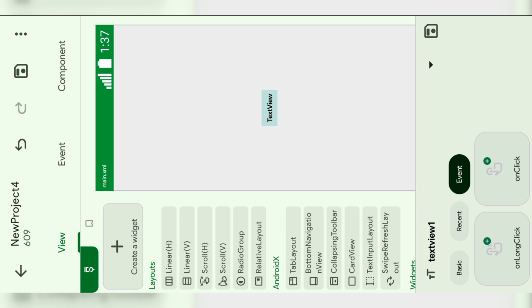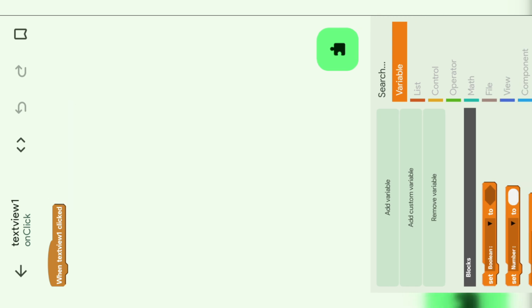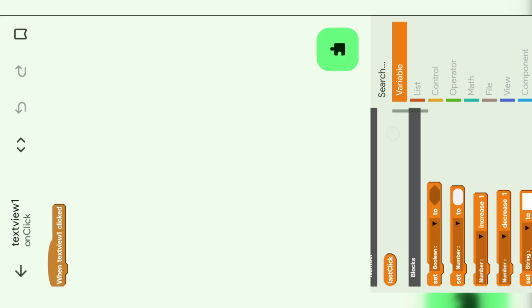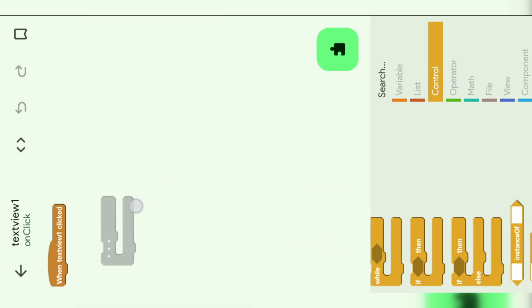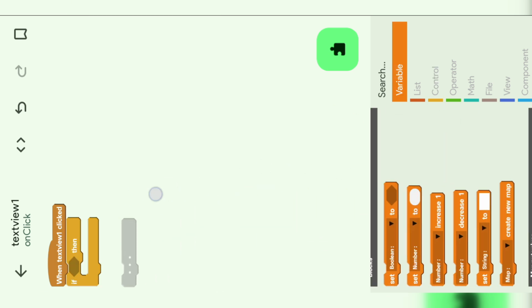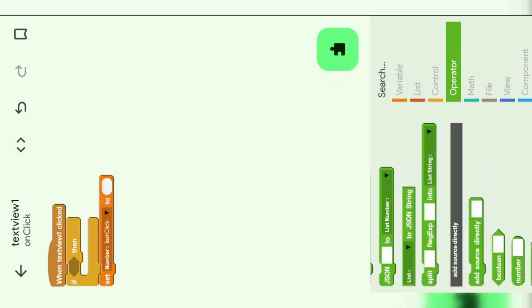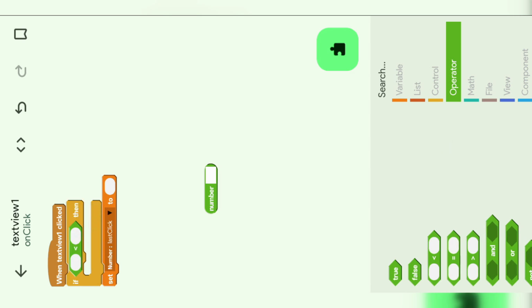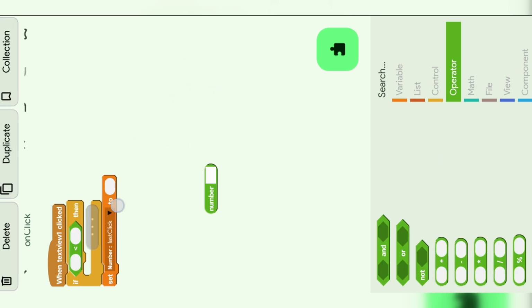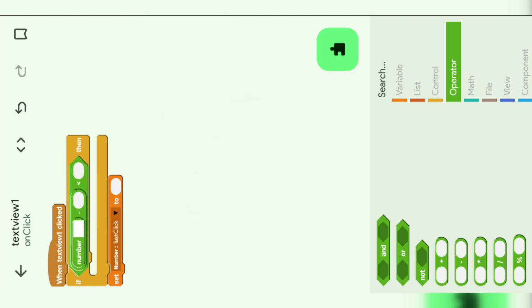First of all, create a project and go inside the on click, and inside the on click create a logic. First create a variable and take the control block if then, and you need your number block here. Go to operator blocks, take the lower block, and inside the lower block place the minus block, and add the number block on the minus block's left,